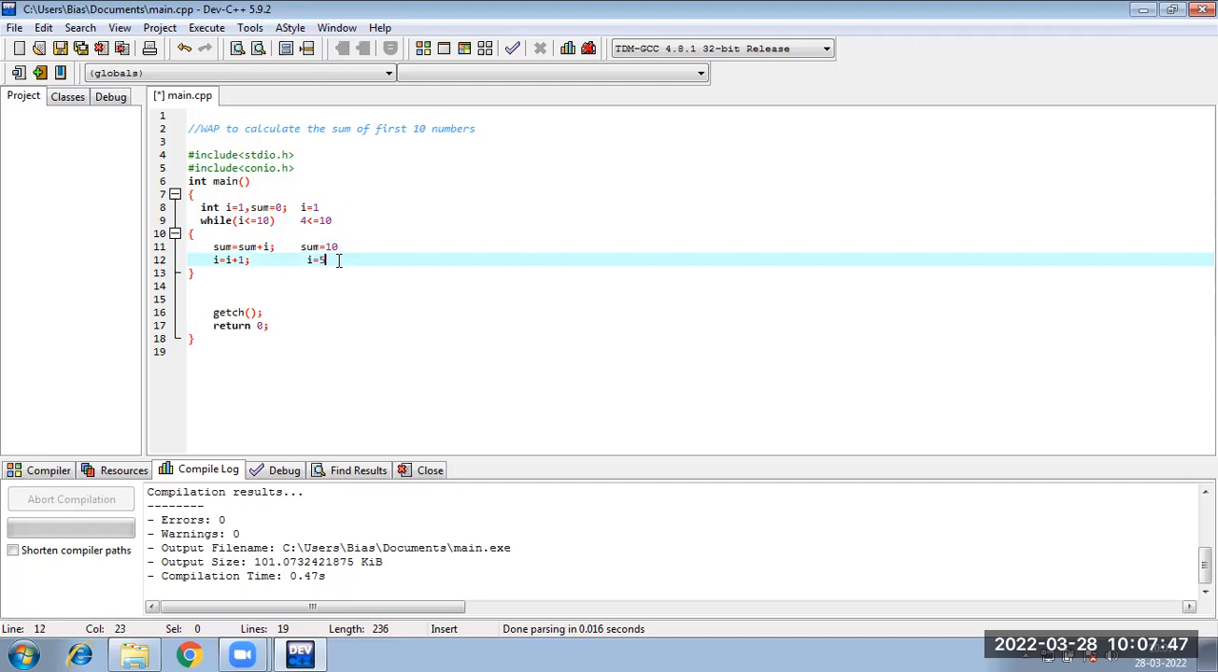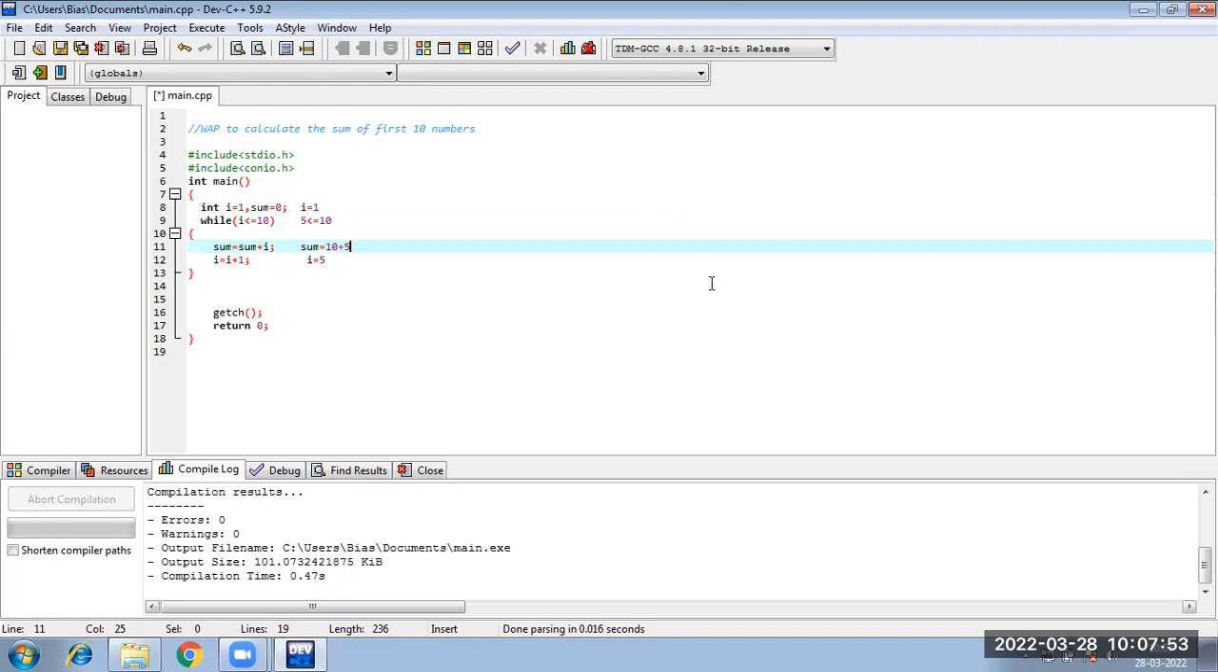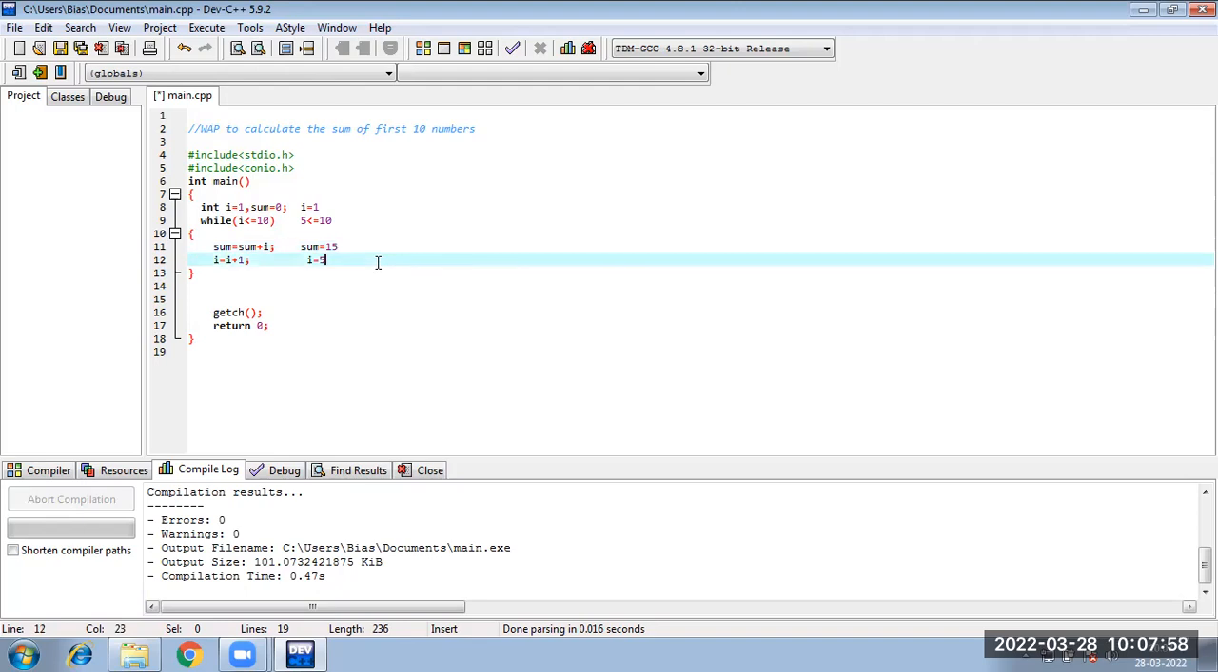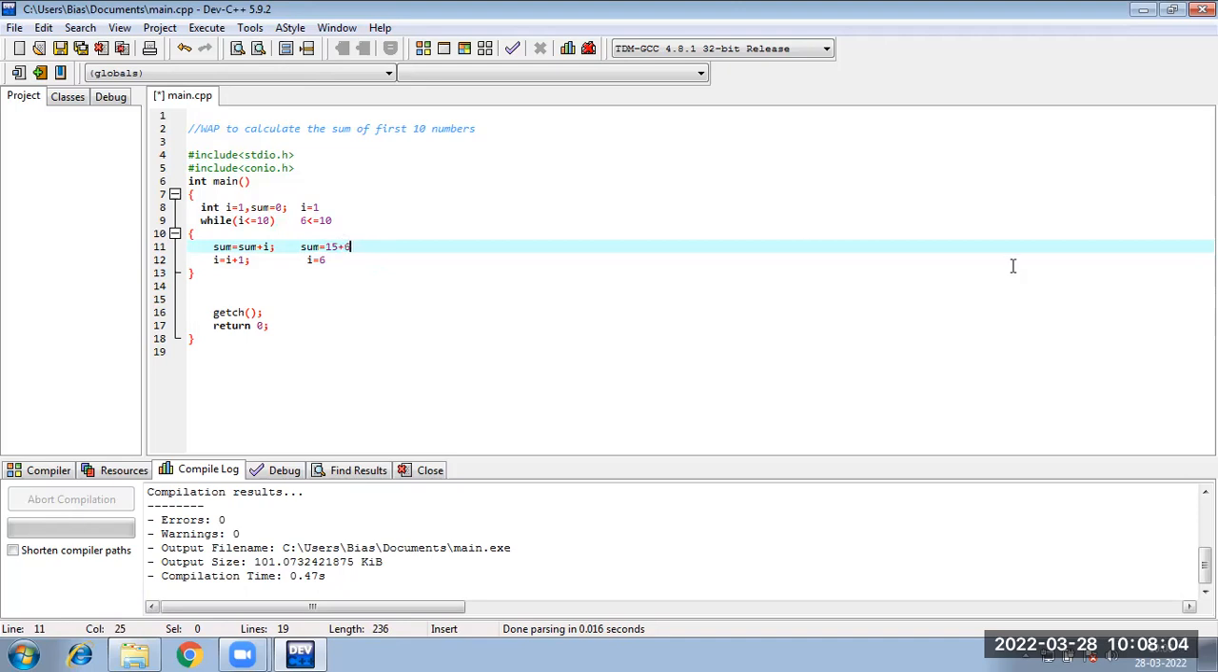यहाँ पे इंक्रीमेंट 5. Is 5 lesser than 10? Yes. If it is true, सम के साथ I को जोड़ो. ठीक है? हो गया मेरा 15. I इंक्रीमेंट 6. Is 6 lesser than 10? Yes. If it is true, सम के साथ I को जोड़ो तो मेरा बन जाएगा 21 और यहाँ पे मेरा